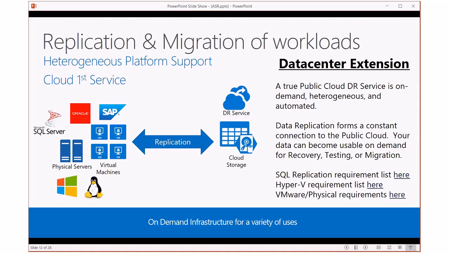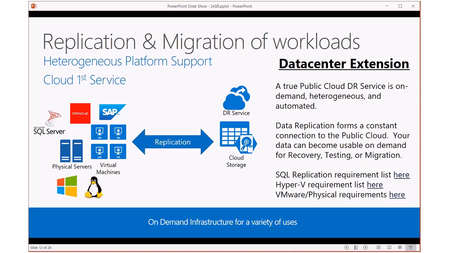So what else does this work for, right? So yes, it works for virtual machines, and it could be virtual machines running all of your different services, Oracle, SAP, SQL, all of those things. You can also, aside from just using the ASR services, have things like SQL that have the ability to replicate into Azure automatically, and then SQL itself can have failover into Microsoft's cloud.